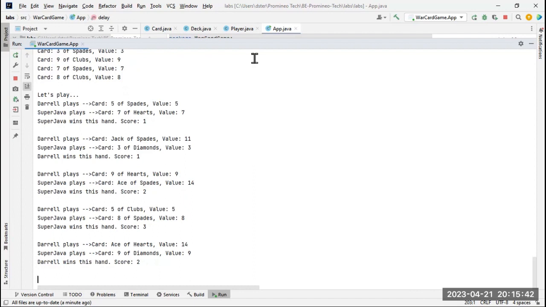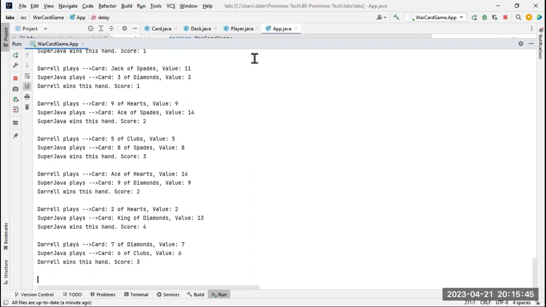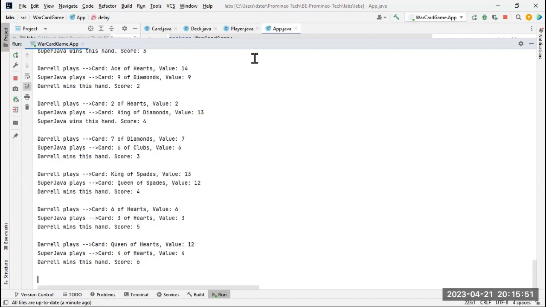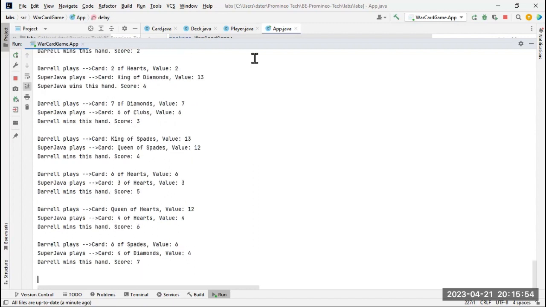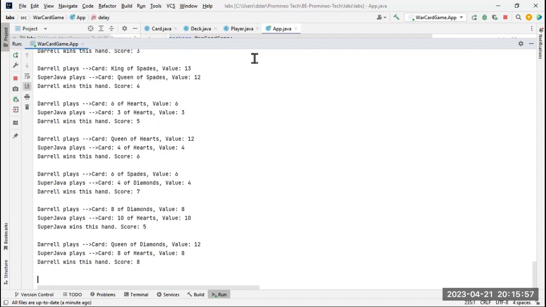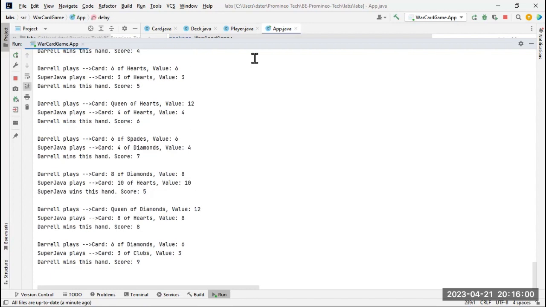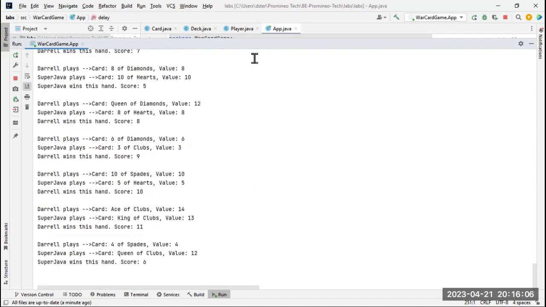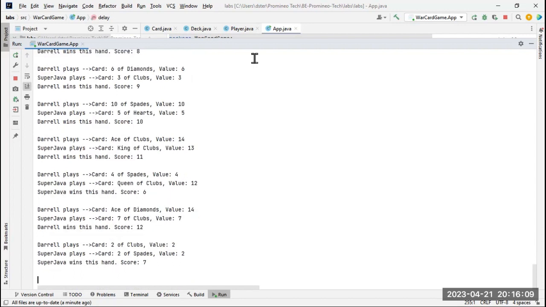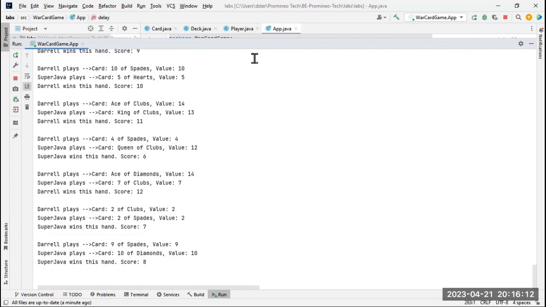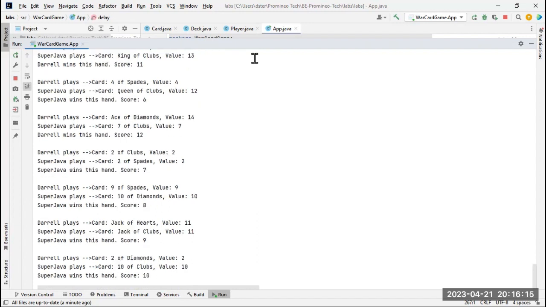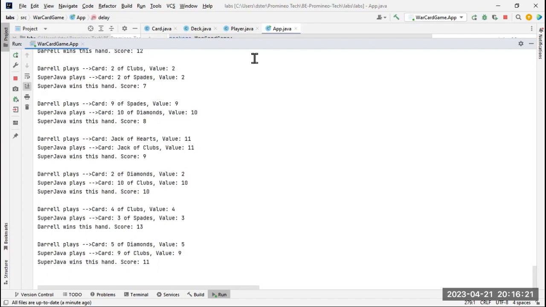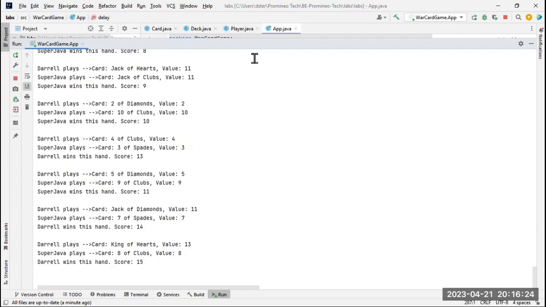I found I didn't like how the game ran and displayed and ran through everything so quickly. So I looked up how to introduce a time delay into a Java program. In some of the programming that I've done in my career, it's very simple to add a time delay. So I thought I might as well try that here. And so I found a method, and I created a method, which I'll show you later, and introduced that time delay in various parts of the program